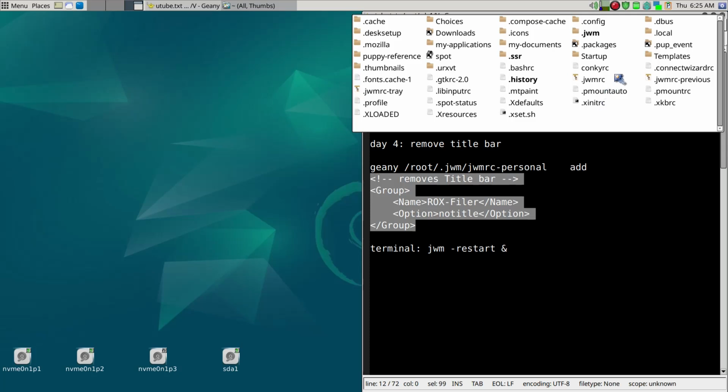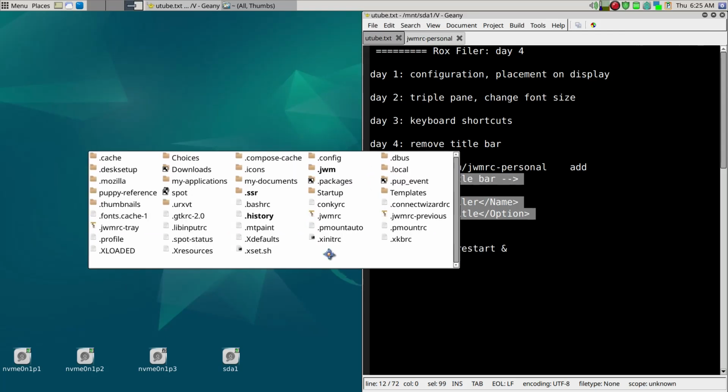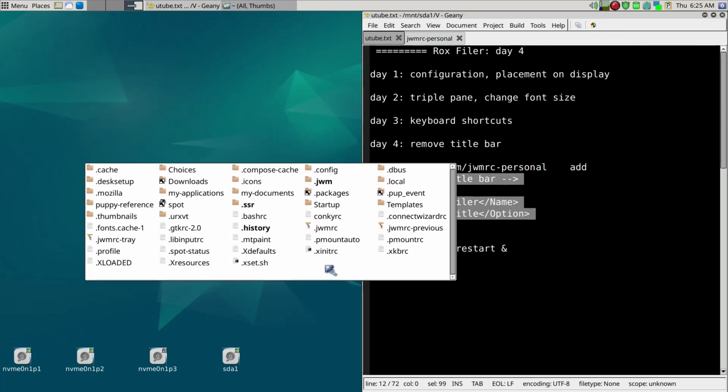Now you may be wondering, how do you move it? We quickly know how to place it on the left and right and so on. To move the window, you can just go ahead and push down the Alt key and then left mouse click, and you can just move it anywhere. Okay, so that's how you can remove the title bar and have a very clean looking ROX-Filer with the full